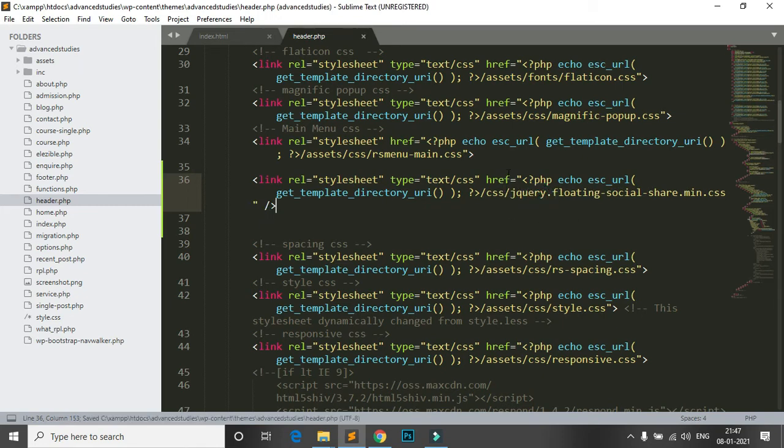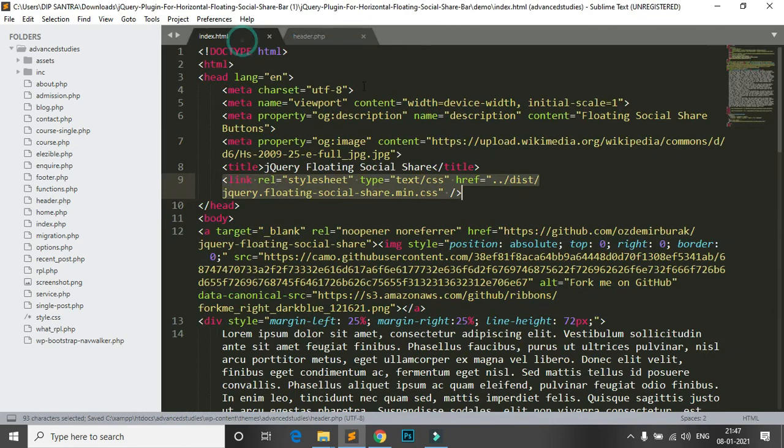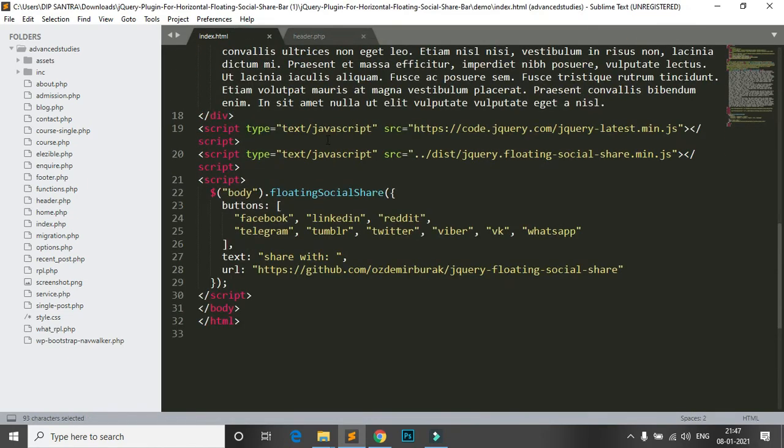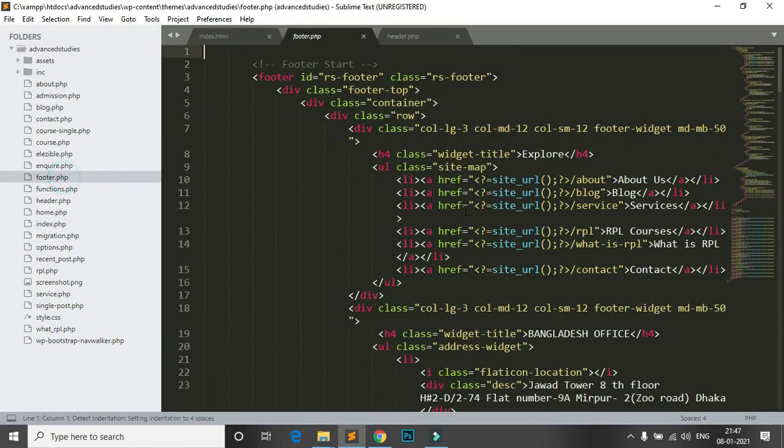In the same way I add the JS in the footer. Where is the JS? This is the JS. I add this one in the footer. So this is the footer.